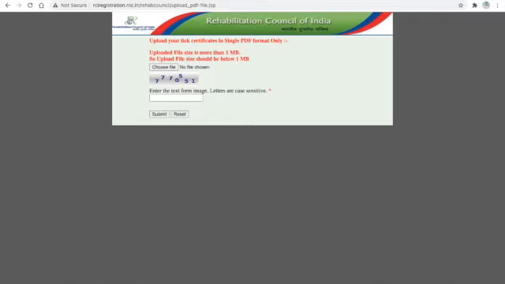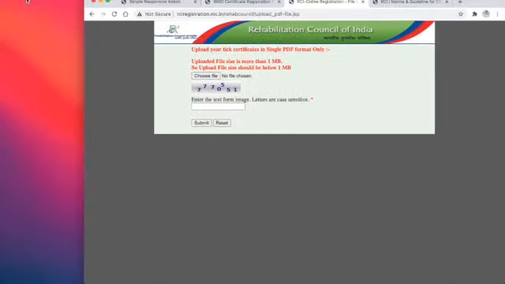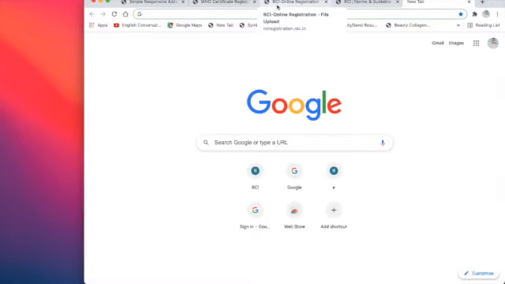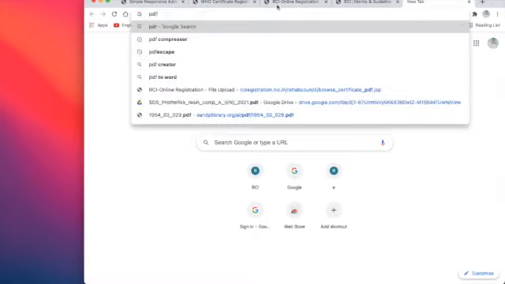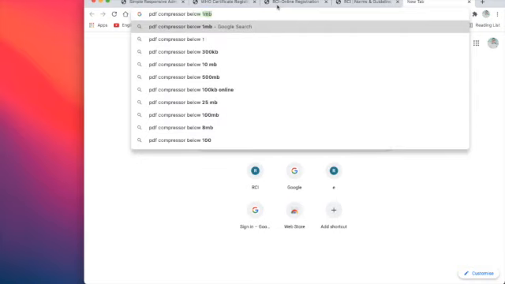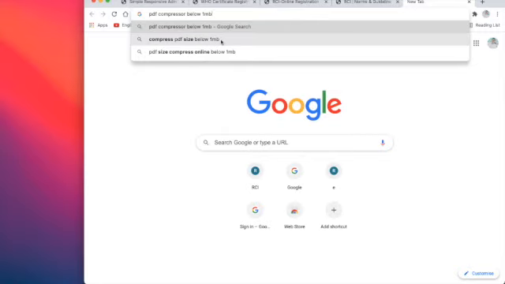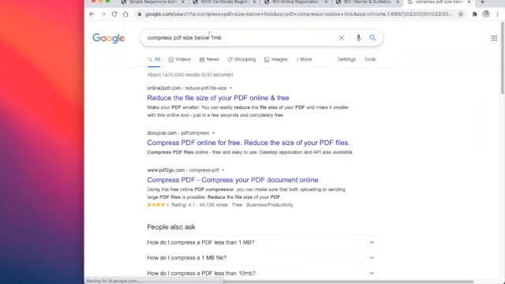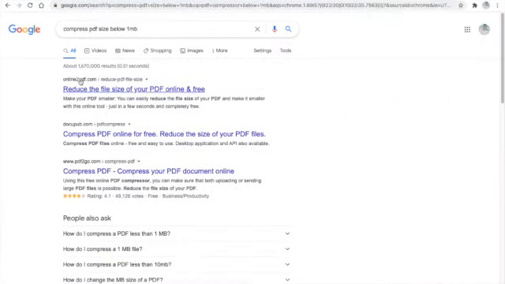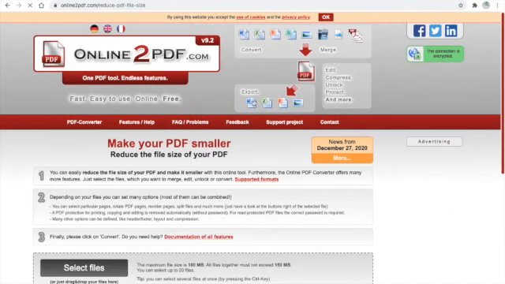Now what I have to do is compress the PDF file to below 1 MB, otherwise I cannot upload. So I have to Google. I can choose one option, reduce your PDF size.